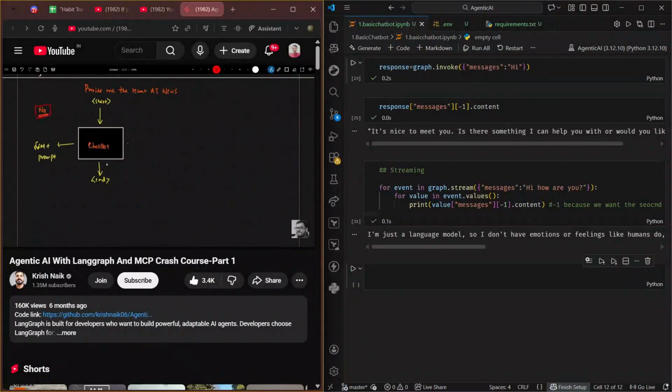Why? Because the LLM will not have any live information. It may not have been trained with the recent data, right? So here the dependency on external tools comes in. What we can basically do is that for this chatbot, as soon as we give an input,